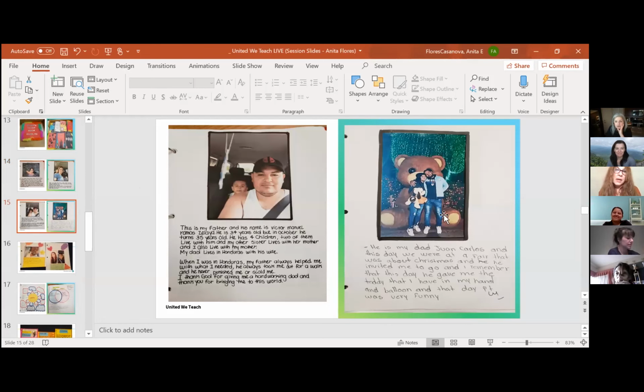And here, for example, this is an example of an activity, of a question I asked. Tell me, close your eyes and tell me what is one of the most important mementos you remember. And she told me about the time when she was in an affair with her father, and he gave her the teddy bear she has in her hands. And as you can see